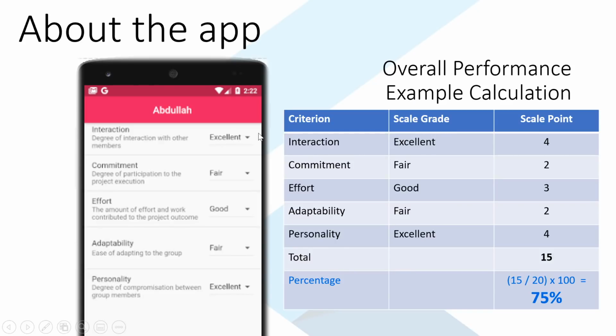So this is what happened behind the scene. So this is an example for the evaluation for Abdullah. Okay, so the way we calculate the overall score, because this one actually is the one that we are going to bring to the main screen, which is